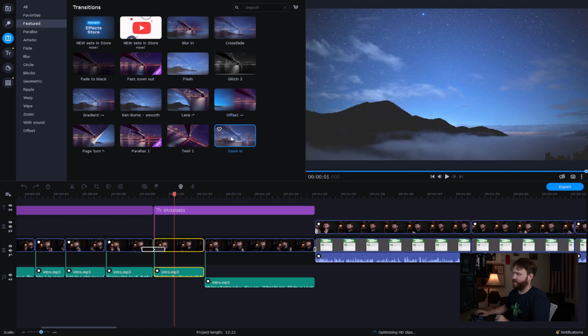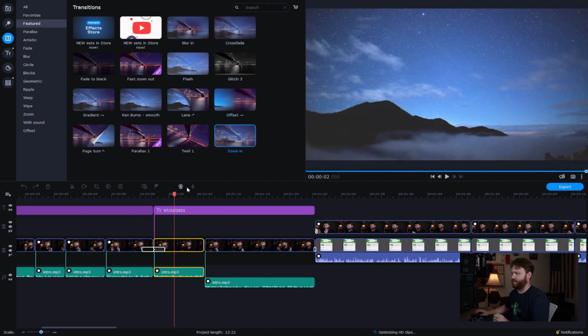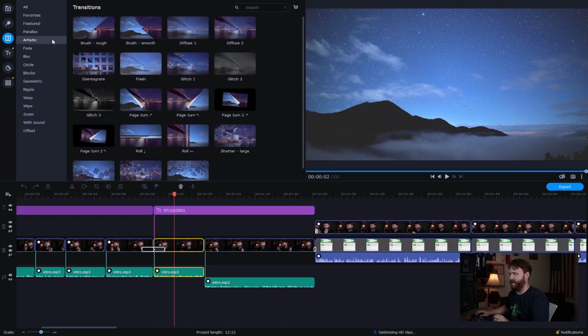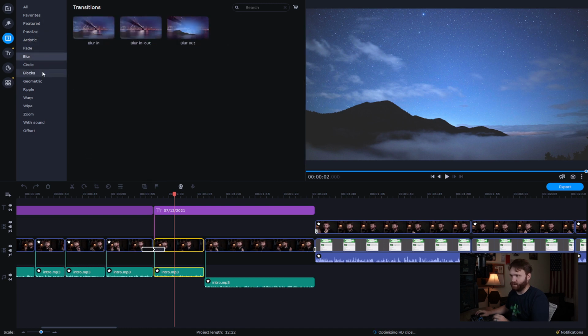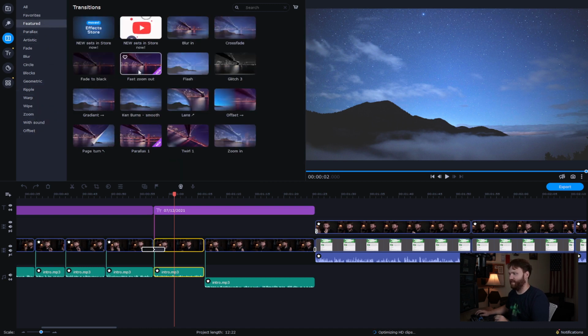So you see the offset, we have the zoom in effect here, a lot of cool different stuff, and it's really easy. Just put the clips together, put the effect on it, and you're done. So doing transitions like that is very easy, and you also have other ones such as parallax, artistics, fades, blurs, geometric. A lot of these are kind of cheesy. I personally wouldn't use them. I really like the glitch ones, and the slide effects is what I commonly use, as you saw with like